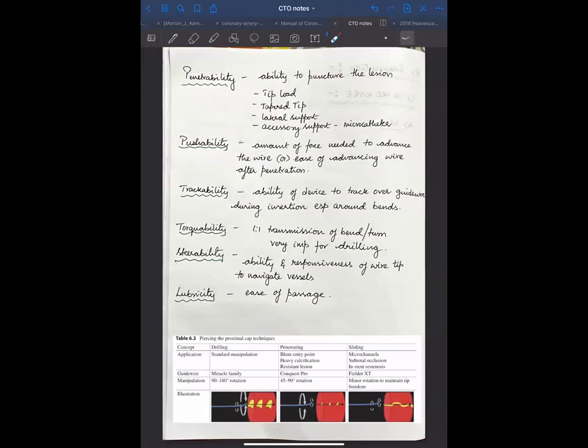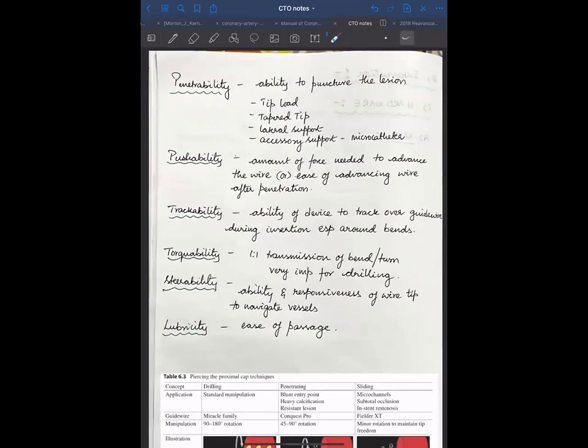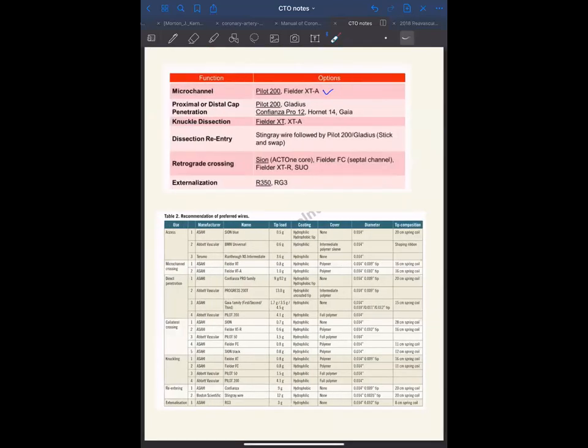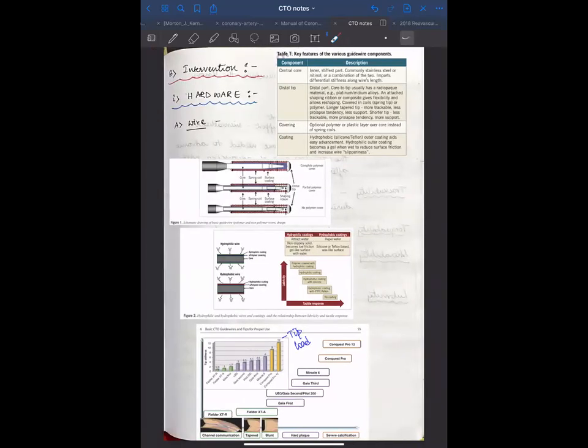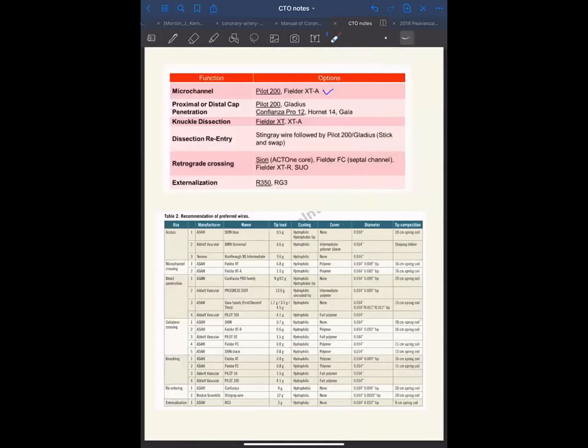So some terms with respect to this. Conquest Pro and Confianza are the same? Confianza Pro? No. Confianza, because they're in this different table, Conquest is not there. I think in this entire table, Conquest is not there. No, Conquest and Confianza, I think, are the same, because they usually are. Even Conquest is Asahi family. That also is coming in 12 grams, that is the highest tip load. I think they're the same. Conquest Pro is different, if I'm not wrong. Anyway, maybe I'll check on that.